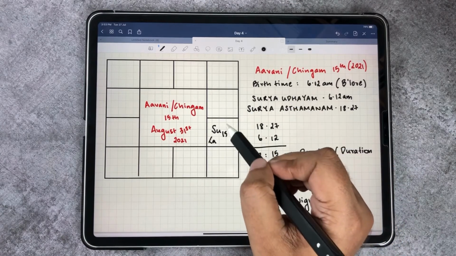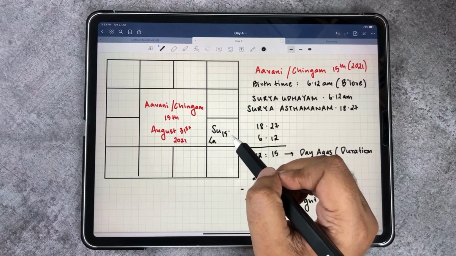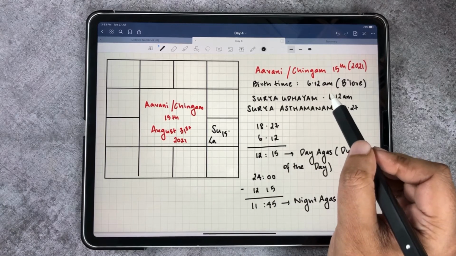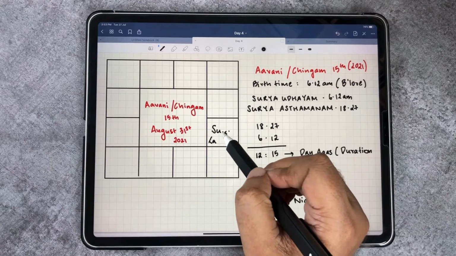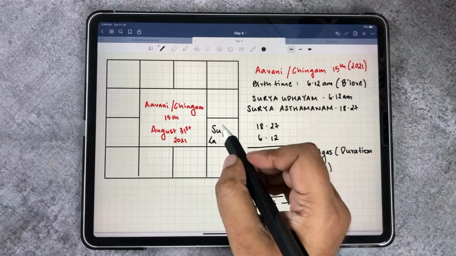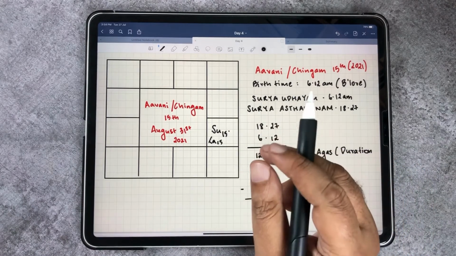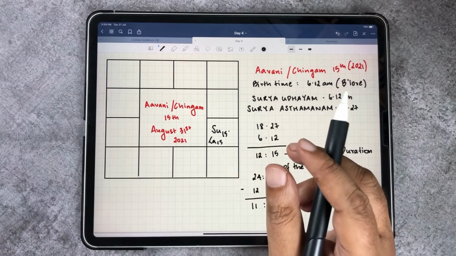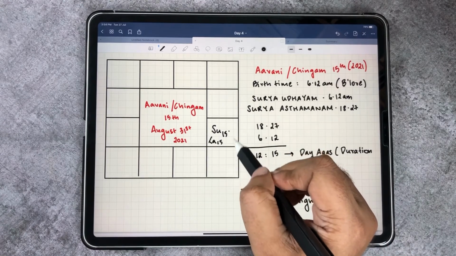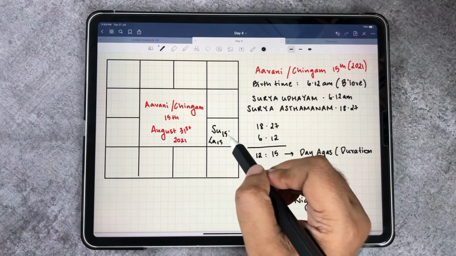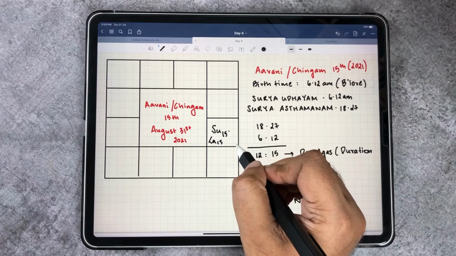So here, 30 degrees for Simha Rashi, right? As of now, the sun is in 15 degrees. The child is born exactly during Surya Udayam, that is 6:12 a.m. So it would be in the same degree of what? The sun, 15 degrees. So now the Lagna would start at 15 degrees. But earlier, what did we discuss? We discussed that each Lagna would cover approximately 2 hours. So 2 hours to complete 30 degrees, correct? Now it's already in 15 degrees.